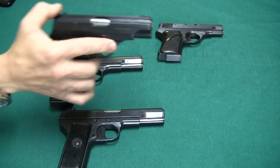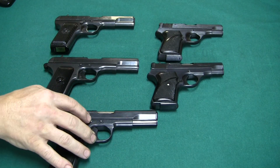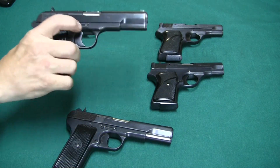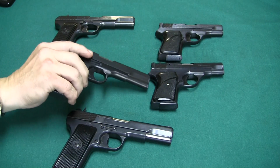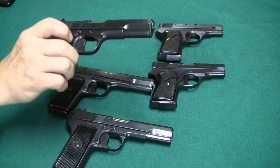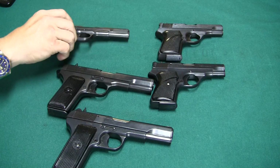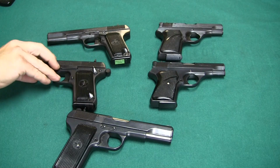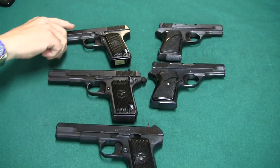So, one major difference between this variation, and we're going to talk about the safety. All of them have, as you can see, that lock to hold the slide release thing that also locks the barrel in place. Okay? And that is needed for field stripping. And if you notice, this one has this weird button. We're going to talk about the safeties here now. Okay, so now on this side,